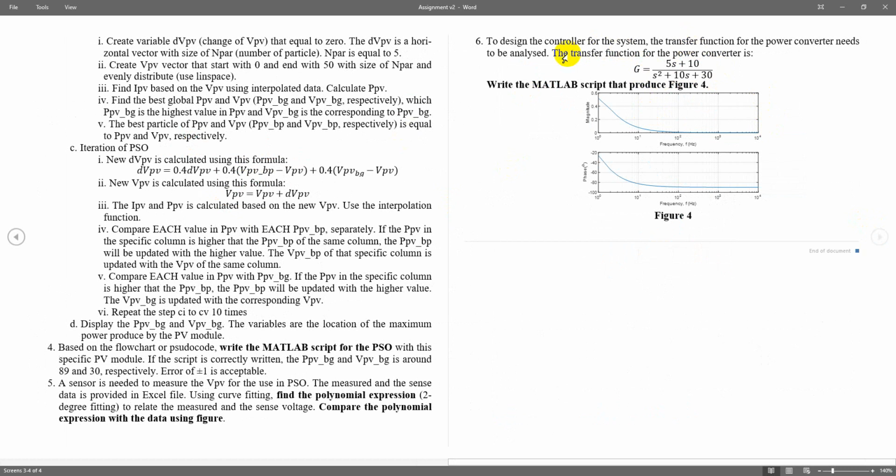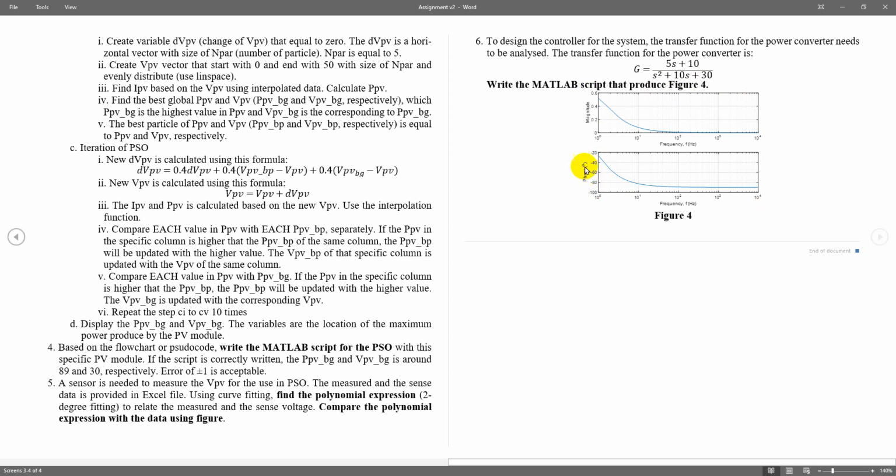Based on this, you have to write a script that produces figure 4. You have to see the response. To do this, you have to produce a magnitude and the phase.